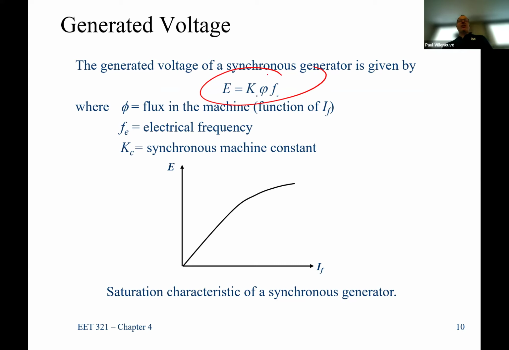So that's how I generate actual voltage. That's the only relationship that the two have between each other. Okay? And since this is magnetic material, and it's no big deal to operate things way over magnetically, we can just go ahead and come up with a plot that shows that if I have a field current, remember this is DC,